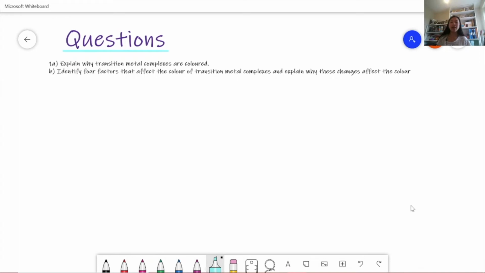For 1A, explain why transition metal complexes are coloured. This is a really important question because it'll come up quite a lot, and you really need to know why it is. It's because all the d orbitals have different energies. And so that means that when electrons become excited, they can move between these d orbitals. When they get excited, they move to a higher energy level, which is called the excited state. And when they move back down again, as they're unstable there, when they move back down again to the ground level state,